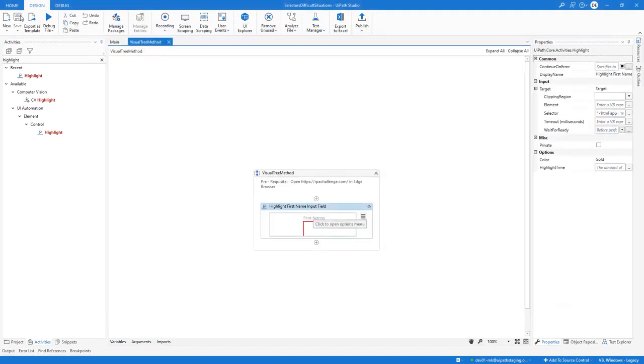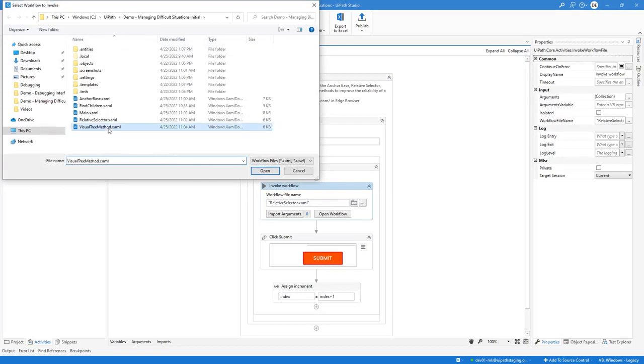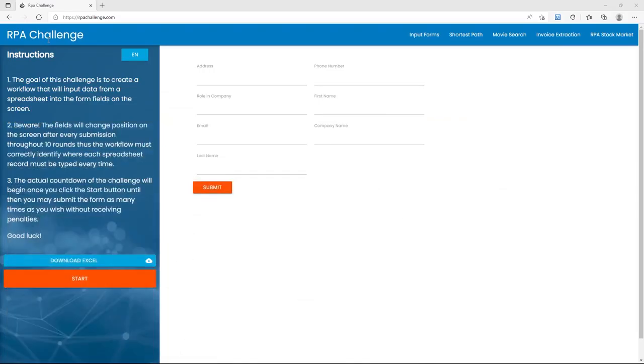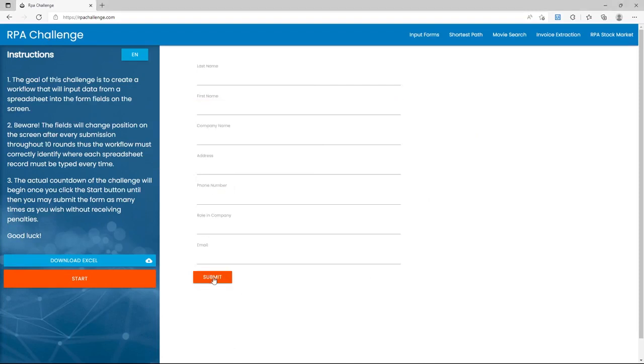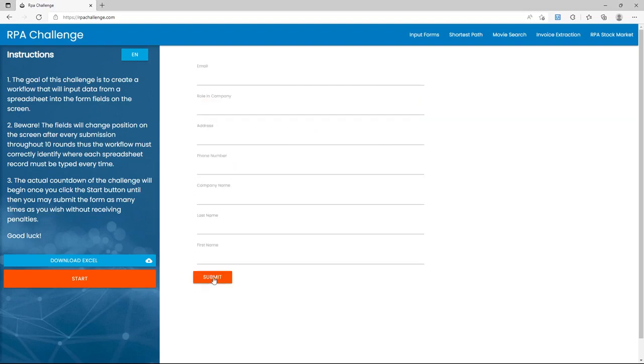And let's save the workflow. And we're done. We'll go back to the main workflow, invoke visualtree.xaml, and run the project again. Great, it works. This concludes our third approach in which we can improve the selector by configuring a better path